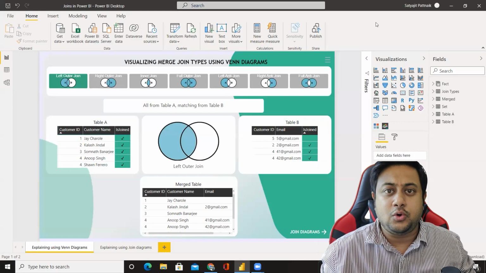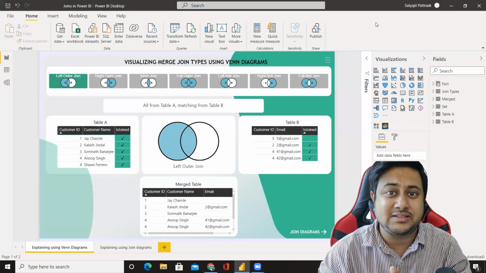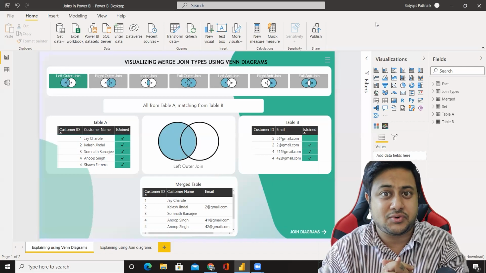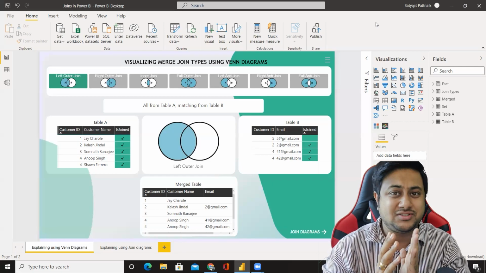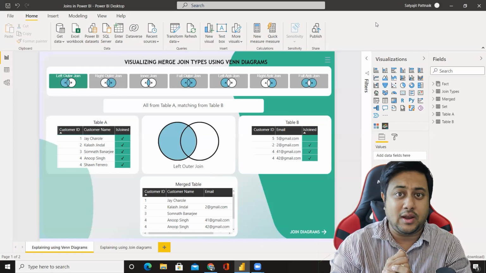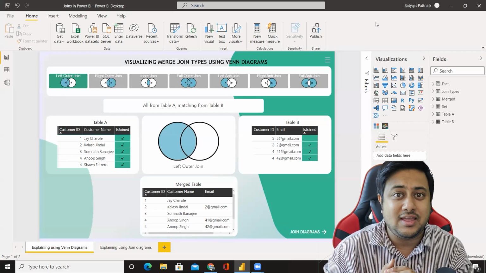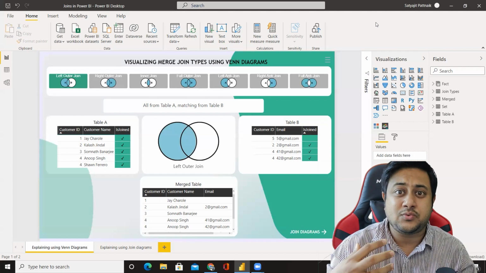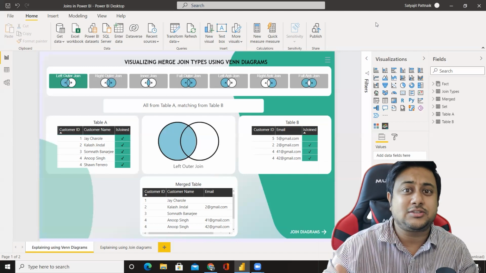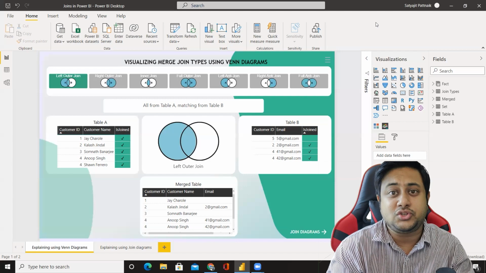So as we all know, joins is a very strong concept in SQL. If you want to sustain in the data analytics industry, you definitely need to know about SQL. That's for sure. Everybody knows this. But in SQL, one of the classic important topics is going to be joins. And this is one of the areas where interviewers ask you a lot of questions. They ask you various questions using various scenarios, and every question is related to a join.